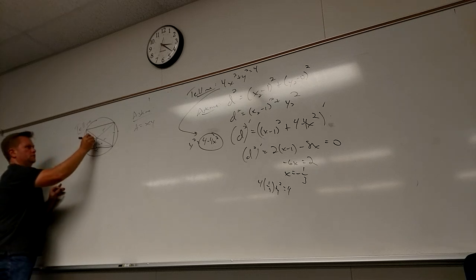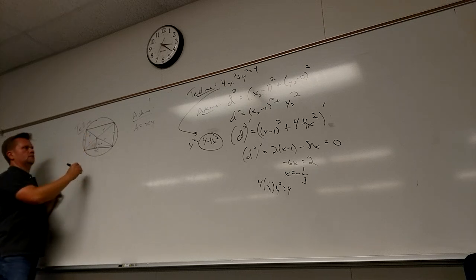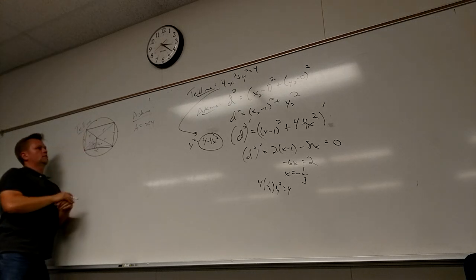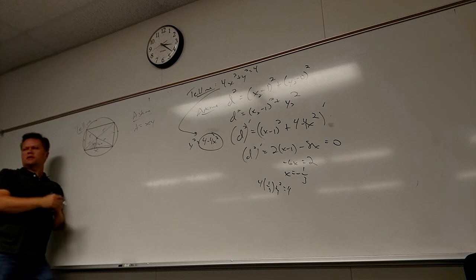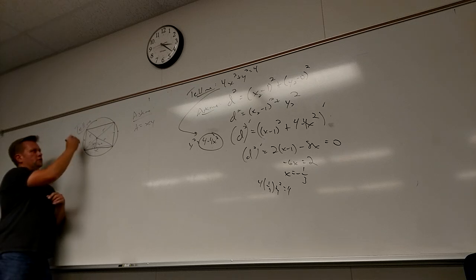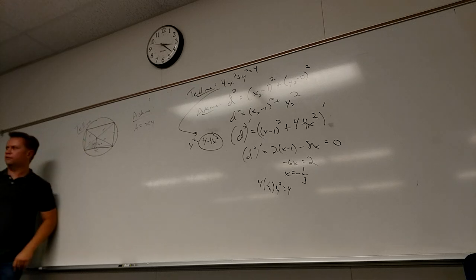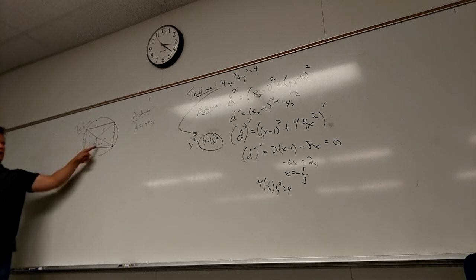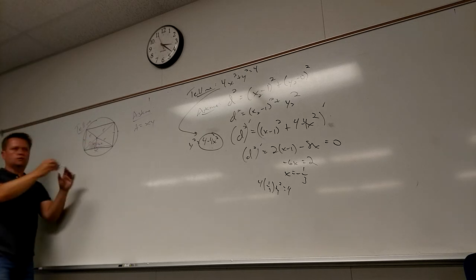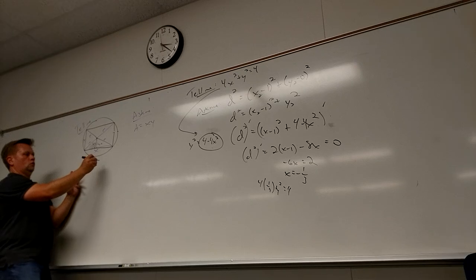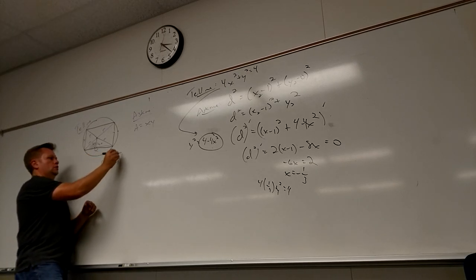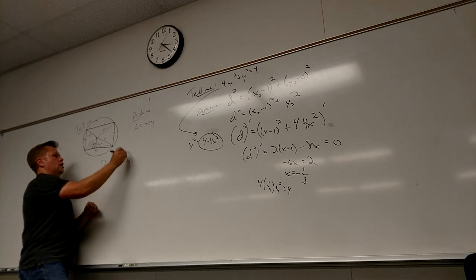And what's this side? 1/2 y. Sometimes you'll see books that say 2x, 2y, because they know ahead of time they don't want to deal with the fractions, which is an option. But let's just go with this. So what relationship can I write between all that stuff? So (1/2 x) squared plus (1/2 y) squared equals